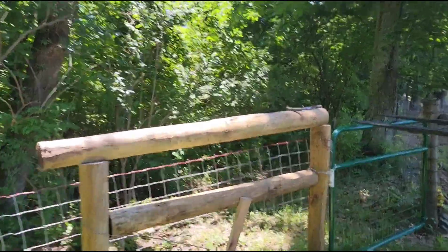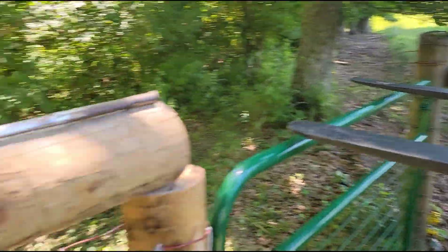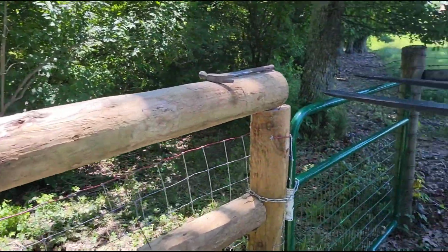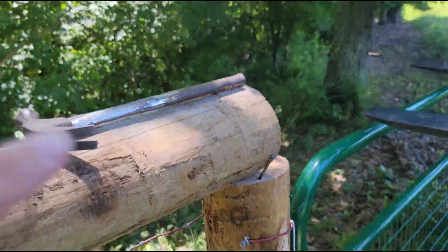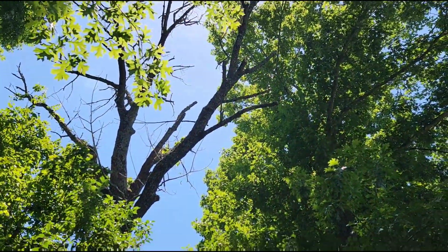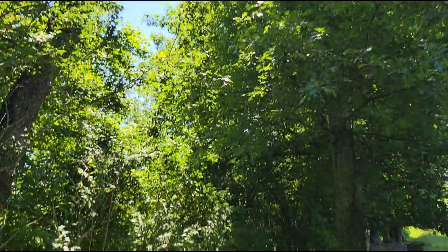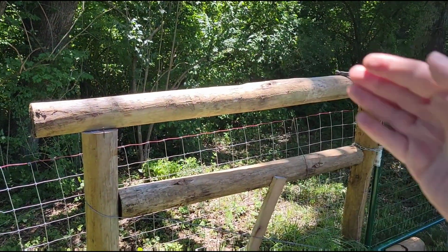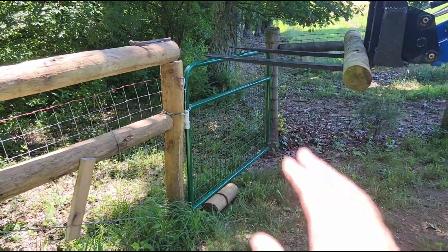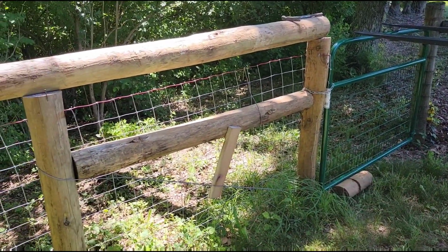So just as a temporary solution, I had a couple of fence posts left over, and what I'm doing is setting them across the top here, and I'm just going to run a couple of nails in to keep the posts from rolling off. The idea hopefully is that when the storms come and those branches start to break out of there, because it's not a matter of if, it's just a matter of when, hopefully they will hit this board or this post and it'll break the fall a little bit and save the rest of the fence, especially my gate over there. It's just time consuming and aggravating to have to come back and re-mend a fence,